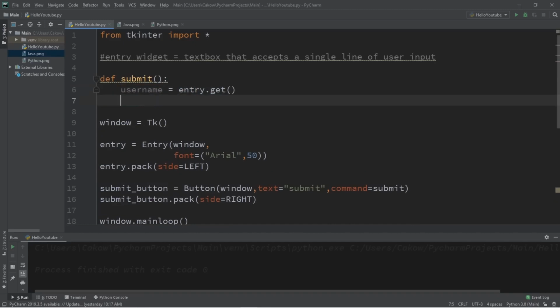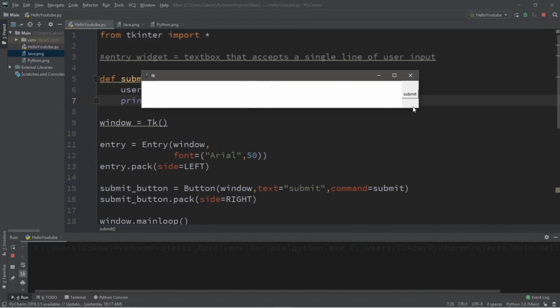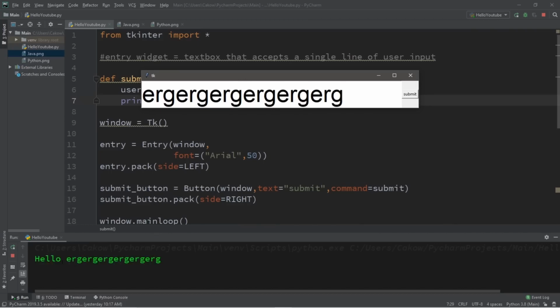And then we will maybe print this for fun. Print hello plus username. And let's try this. So here's our entry box here and our submit button. I'm just going to make up something, click submit, and it displays our message. Hello,